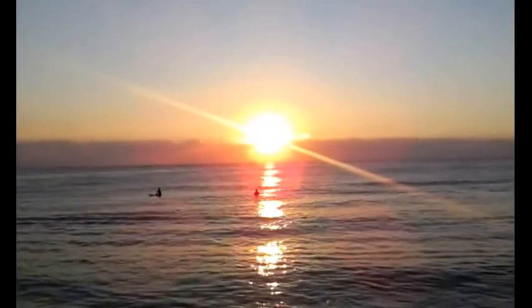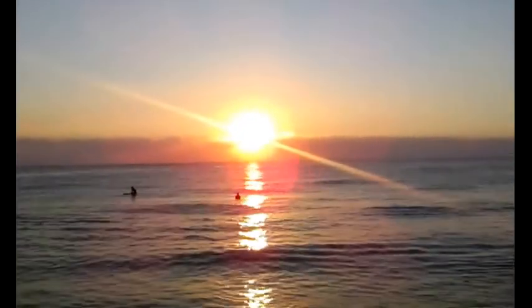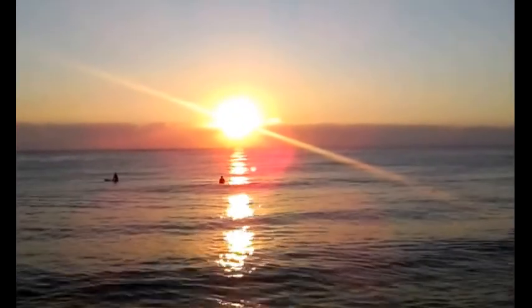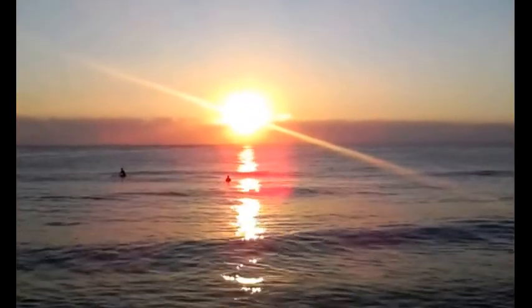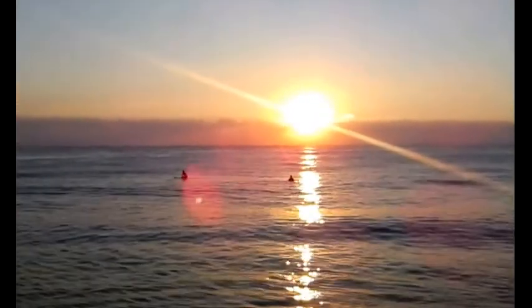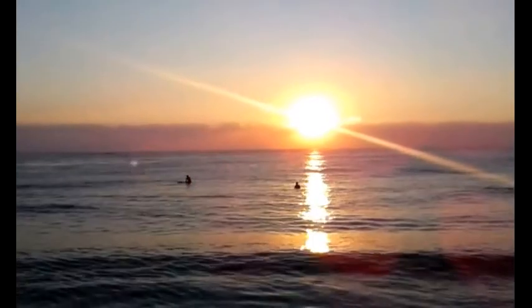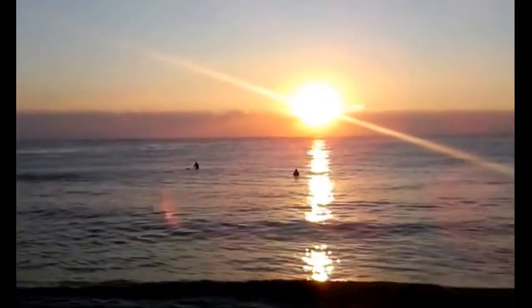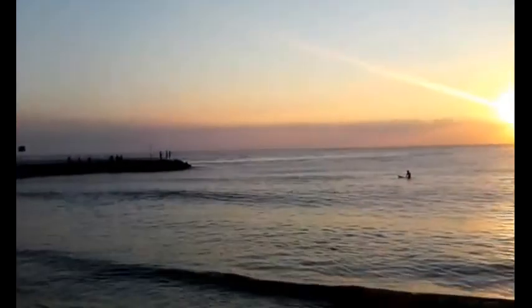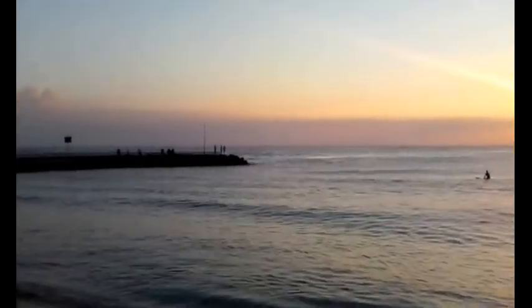Good morning, everybody. We are currently at the Jupiter Inlet. It is Friday, November 11th, and we are catching the sunrise here, as you can see. Some surfers are out there trying to catch the waves, but there aren't very many waves today. There's not very many big ones that they can ride. The inlet itself is actually over there on the left,